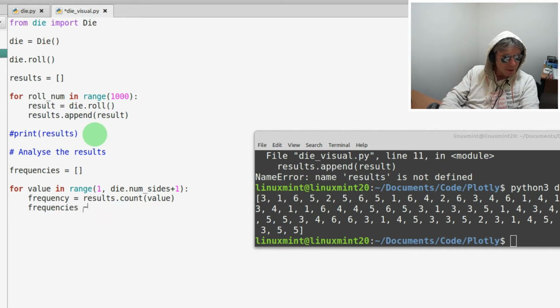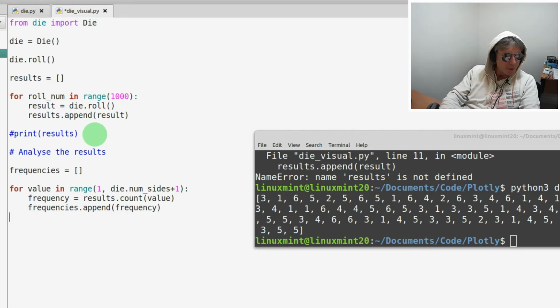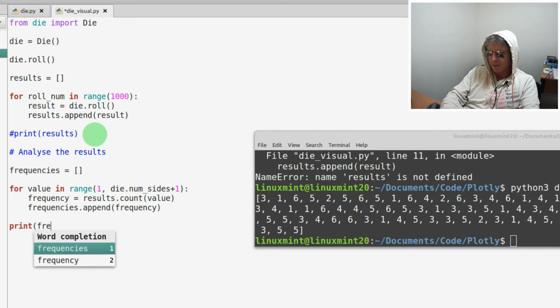Frequencies dot append frequency, and then so that will give us a list of the results of 1,000 rolls of a dice, and then